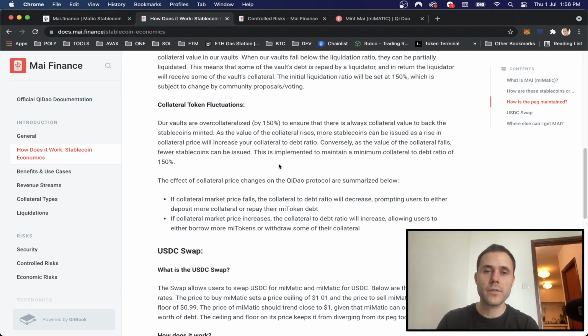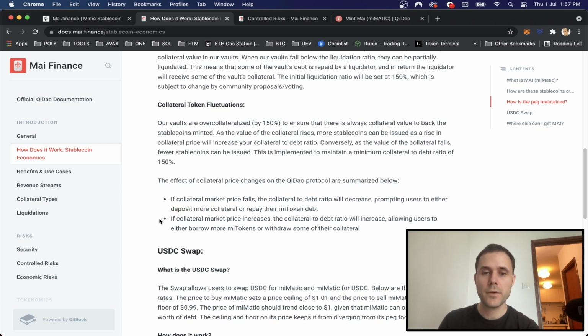So basically it's going to come closer to your 150% liquidation, and what that means is if it gets below here, then you are going to lose a part of your funds. You know, your loan has to be backed by something which is keeping its value. Okay, so this will force you to either pay off your Mai token debt. This should be updated to Mai actually, or otherwise it will force you to deposit more Matic to increase your collateral ratio.